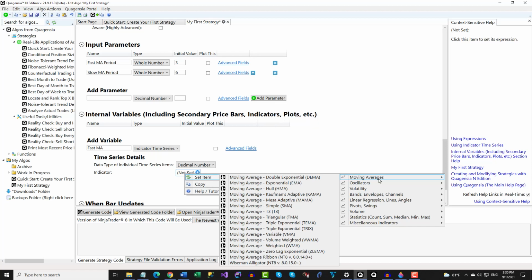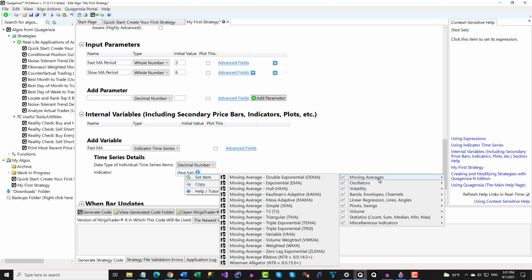Some codeless strategy builders don't filter their functions to only include those that are allowed at the location you want to add something. This wastes your time and mental energy by forcing you to browse through many functions that aren't allowed at the location of interest. It also introduces a major source of errors because it makes it your responsibility to figure out what functions are valid at a given location and which functions are not. Quagentia limits the choices in its context-sensitive context menus to only the choices that are valid at the location you clicked, which stops you from making serious mistakes like putting text where a number should go or putting a number where an indicator should go.